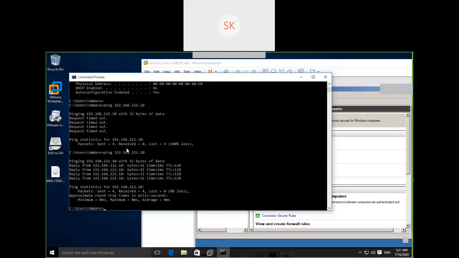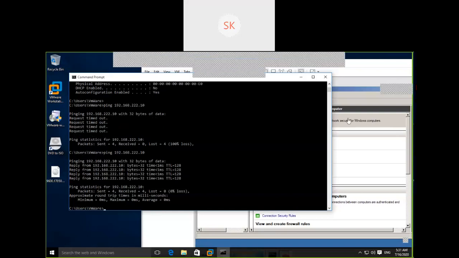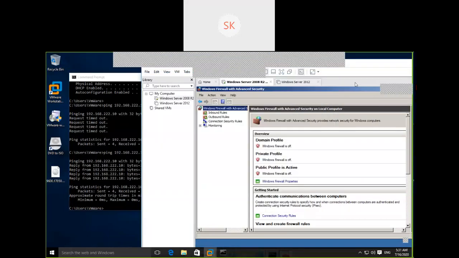So the next action is to enable RDP. RDP in the sense remote desktop. My server is sitting in a remote location, but I should be able to manage the server by sitting at my desktop. Whatever server we are connected to now is a console. Console in the sense, it's just like sitting in front of your system and seeing the monitor. That we call a console.